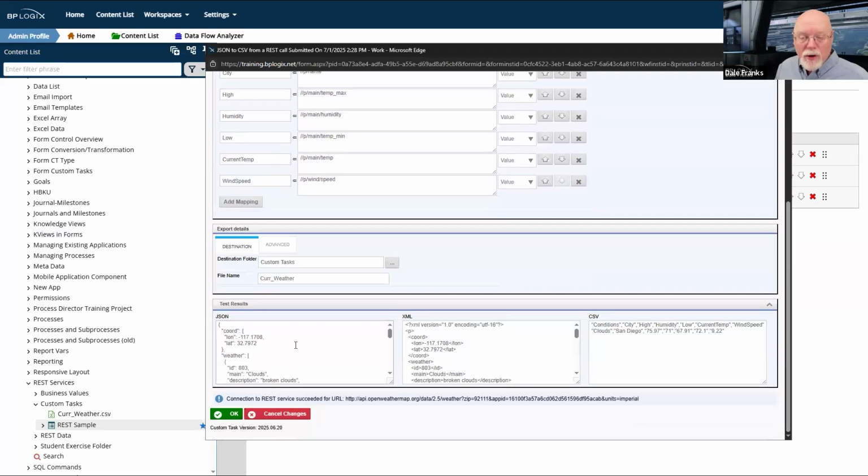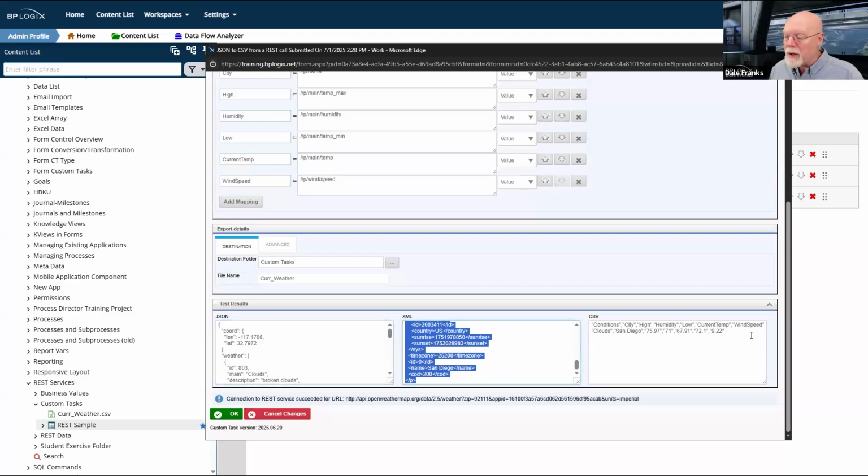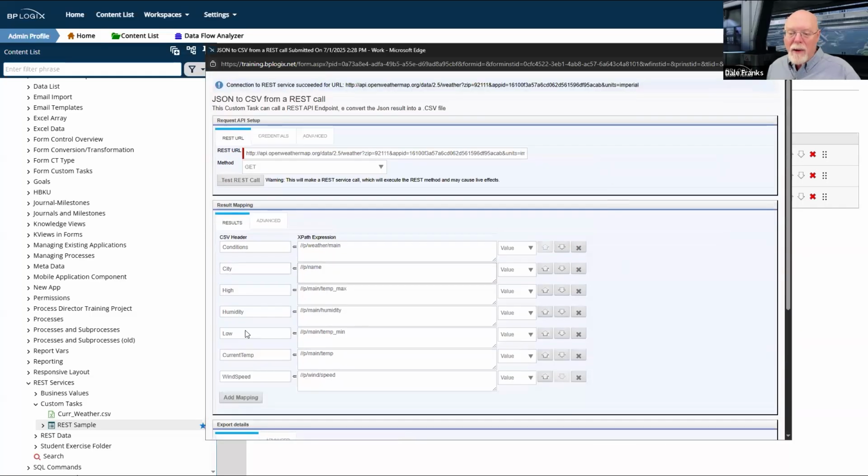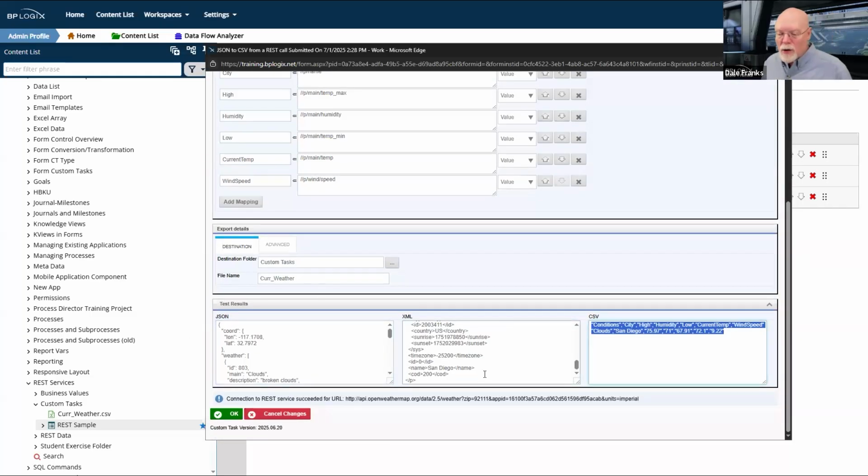However, if it returns the proper JSON data, what you will see in this box is all of the JSON that got returned by the API. And then in the middle box, there will be an XML conversion. This will be blank because you will not have mapped any fields in the result mapping section yet. So you'll just see your XML here right next to the JSON.